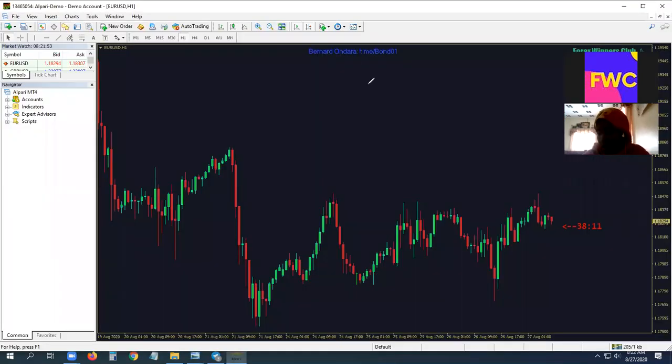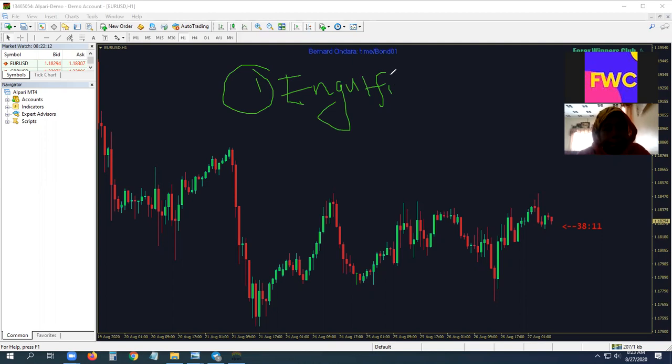I want us to talk about, if time allows, we'll do all the 5 strategies today, but otherwise we'll do 2 or 3. So strategy number 1 will be the engulfing strategy. And this is purely based on the engulfing candlestick pattern. Strategy number 2 will be based on the pin bar strategy. Remember, a pin bar could be a hammer in a downtrend or a shooting star in an uptrend. Number 3, we look at the inside bar